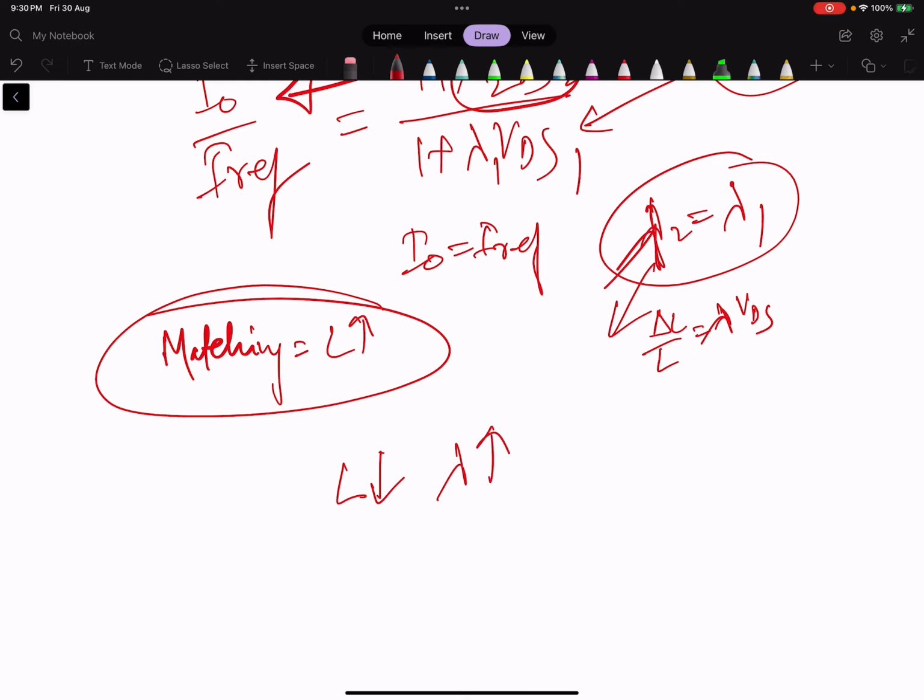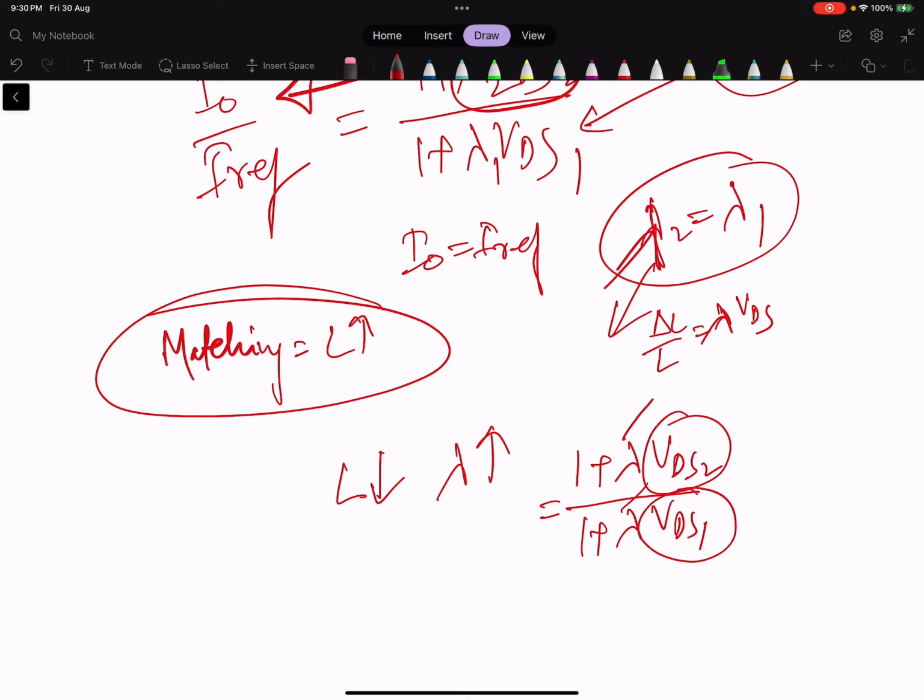Okay, so if lambda is high, even though you have made 1 plus lambda VDS the same, from this equation we know that this ratio will become 1 if both VDS2 is equal to VDS1 and lambda 2 is equal to lambda 1. But in the process,